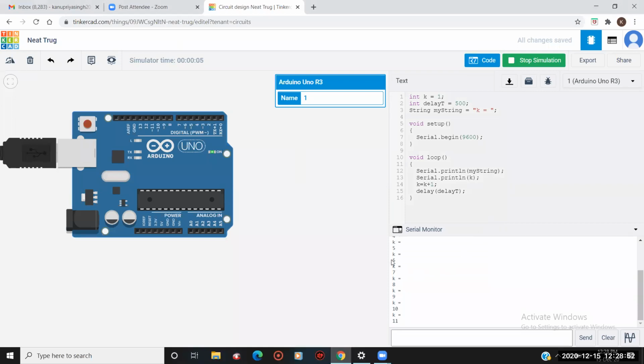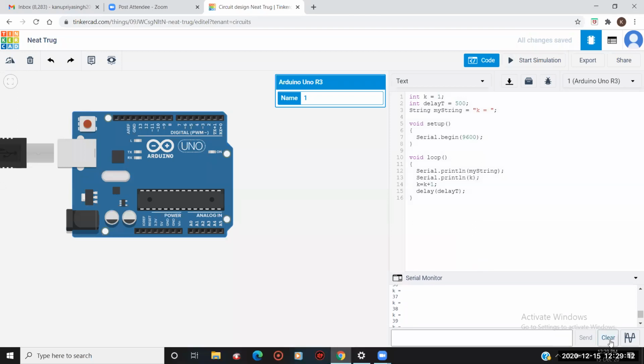It is printing k equals to, and after that in the next line I'm getting the numbers 11, 12, 13. But I don't want this. I want it to print k equals to 1, k equals to 2, in the same line, but it is not working like that. So I have to make some more changes in my code, right?